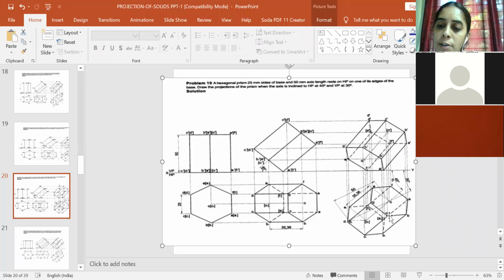You need to get these 2 points. So you can either measure from this end to this or from this end to this, whichever is convenient to you. You have both the points. So if you measure from F1 dash to this point, how much it is, you can keep one end of the compass here and just cut an arc. And again you can keep one end of the compass here and measure this distance, and you can just cut an arc. So you'll get the point D and C also.